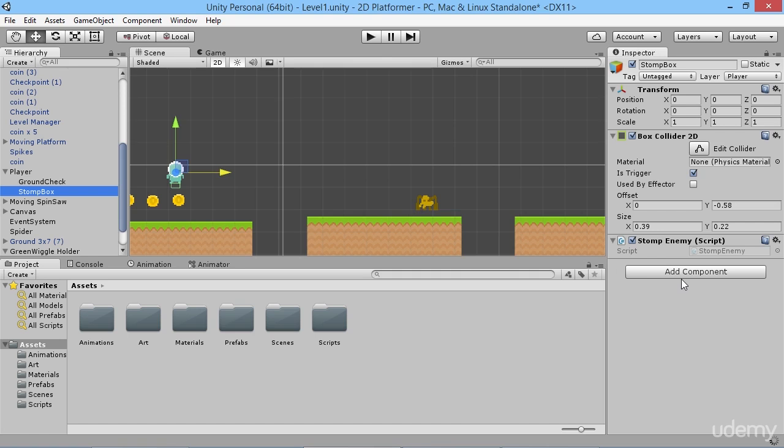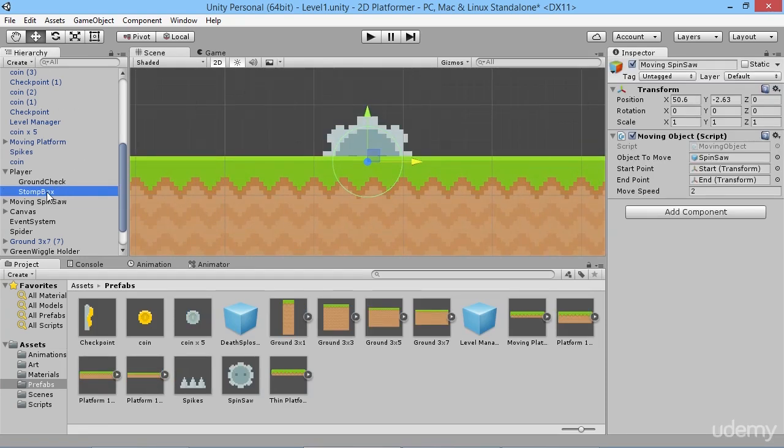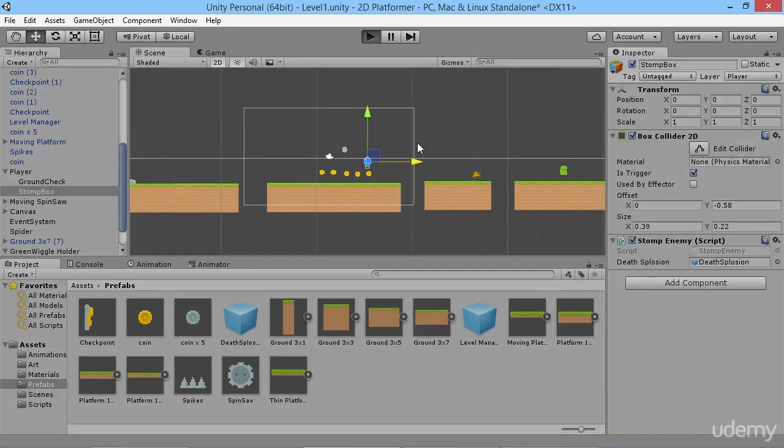And now on our stomp box, we'll have a slot for our Deathsplosion. So let's go to our prefabs folder. Oh, we closed our stomp box there when we did that. And we got our Deathsplosion, drag that into place there. And now if we hit play,